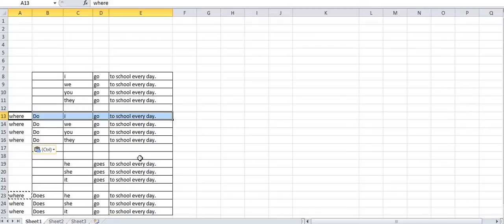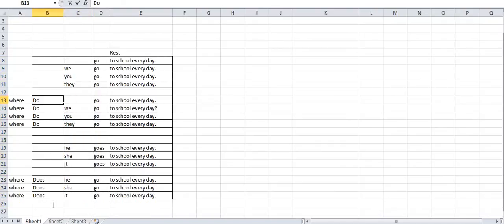See, we need to add a question word like this in front of do. Directly we can ask, do I go to school? Do we go to school every day? Likewise, you can also add one more question word in front of that. Where do I go to school every day? Where do we go to school every day? This is the rest of the sentence. This is the verb. This is the